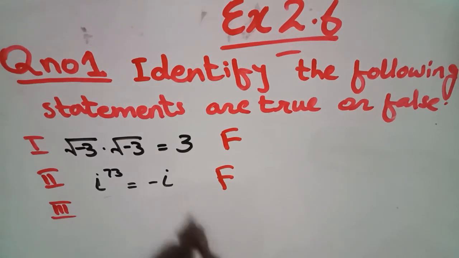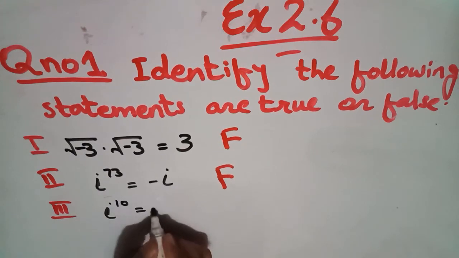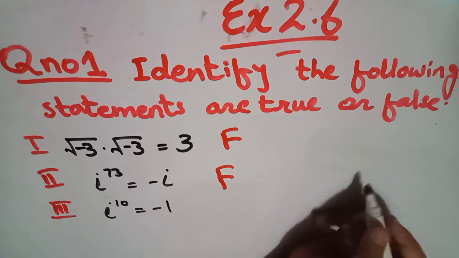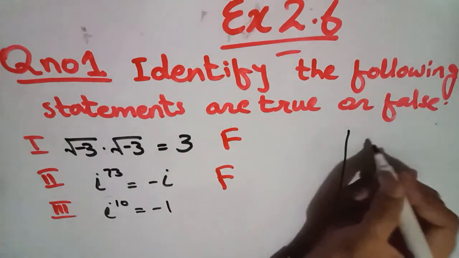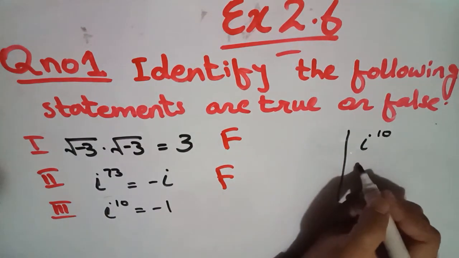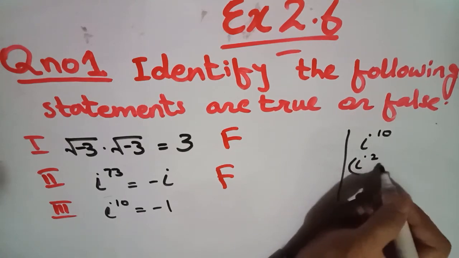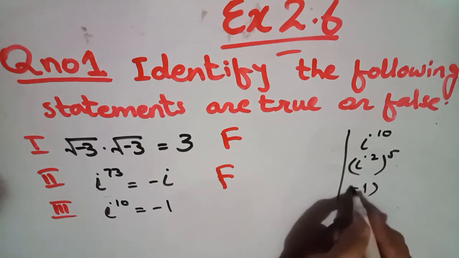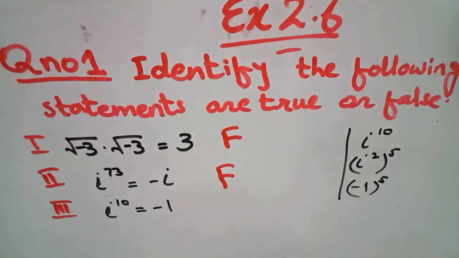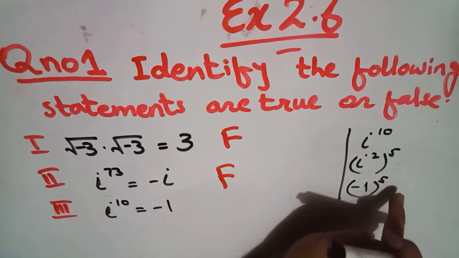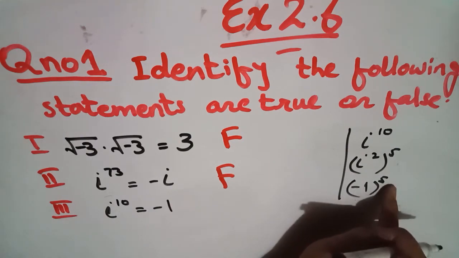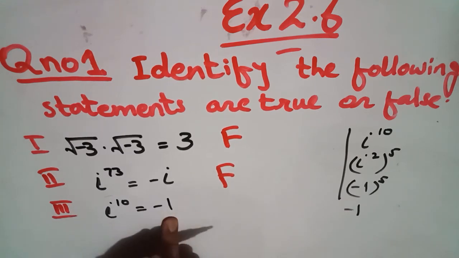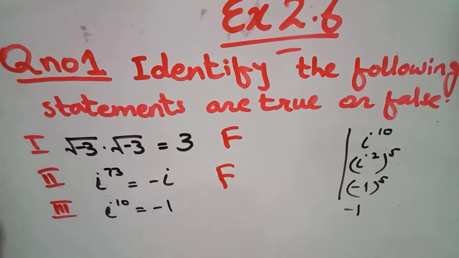In the next statement, iota's power 10 is equal to minus 1. We have to find whether it is equal to minus 1 or not. In the rough work I am splitting it. Iota's power 10 will be split into iota square to the power 5, which is equal to minus 1's power 5. And I am telling you, if the power of any negative integer is an odd quantity, then the answer will be negative. So iota's power 10 is equal to minus 1, and we can write that